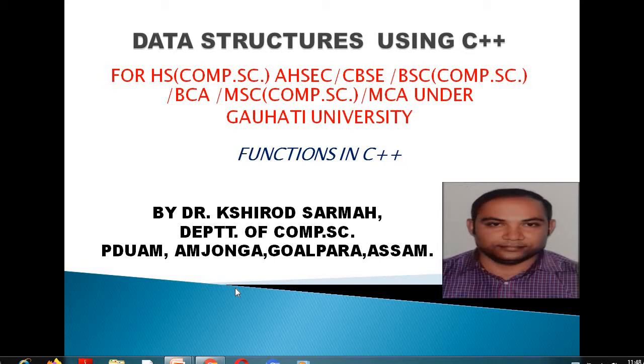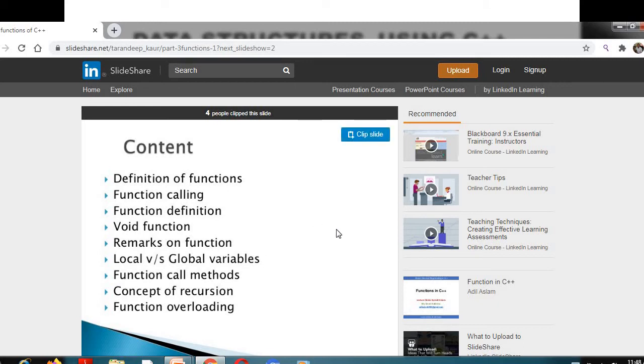So first, what is a function? A function is a block of code in any programming language which is used to do a special task. Basically there are two categories of functions: user-defined functions and standard library functions. In the slides I am going to discuss in detail what is